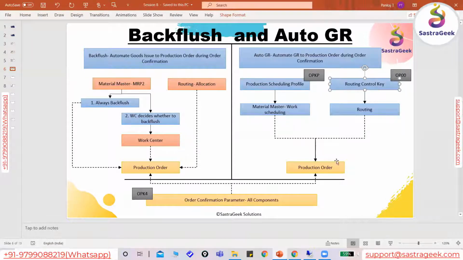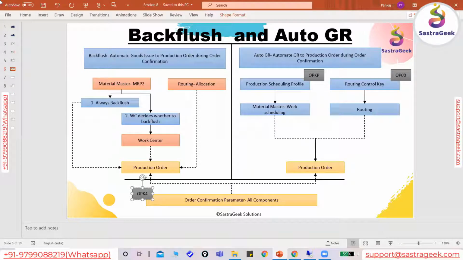And we also saw that if we want to do auto goods issue and auto goods receipt for a specific production order at any point in time without maintaining this master data, we have that facility in the order confirmation parameters in OPK4, where we can activate the all components tab. Then the system will overwrite everything and always do the GI and GR automatically for the production order. That's what we discussed in our last session.